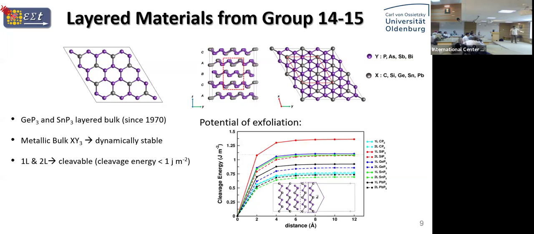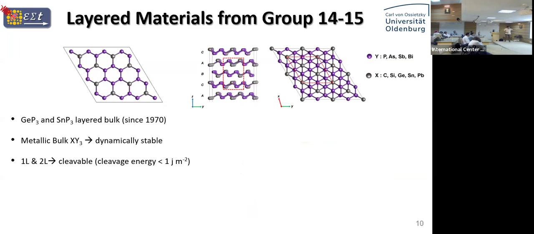Only one system, the monolayer of silicon phosphide, is above this range, which does not mean that we cannot exfoliate it, but at least not with this method, because nowadays we also have several methods where you do that chemically. You intercalate some molecule between the layers and then you exfoliate. This would target layered materials which have a very strong cleavage penalty. Okay, so long story short, we found that we can cleave monolayers and bilayers. Now, what about their stability?